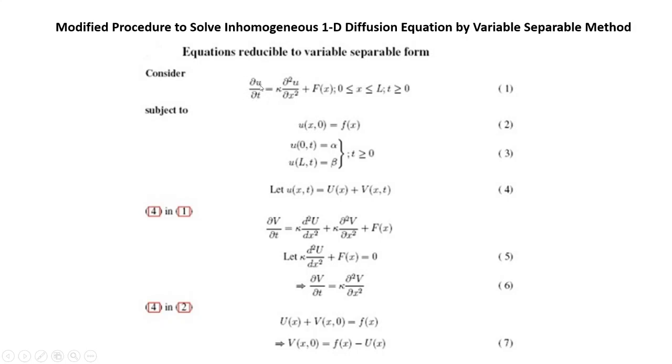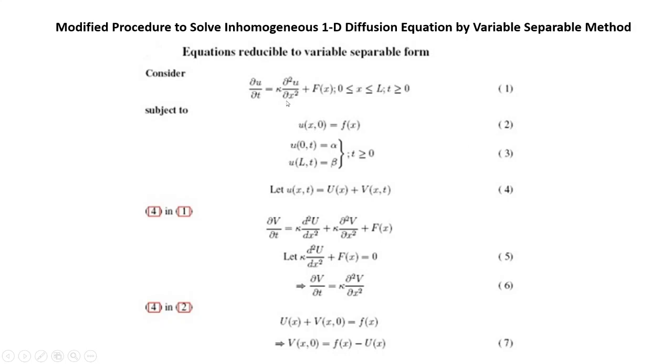first order derivative in t, therefore one condition on t which is called the initial condition, second order derivative in x, therefore two conditions on the space variable x, therefore there are two boundary conditions. So this equation 1 has to be solved subjected to the initial condition 2 and the boundary conditions 3.